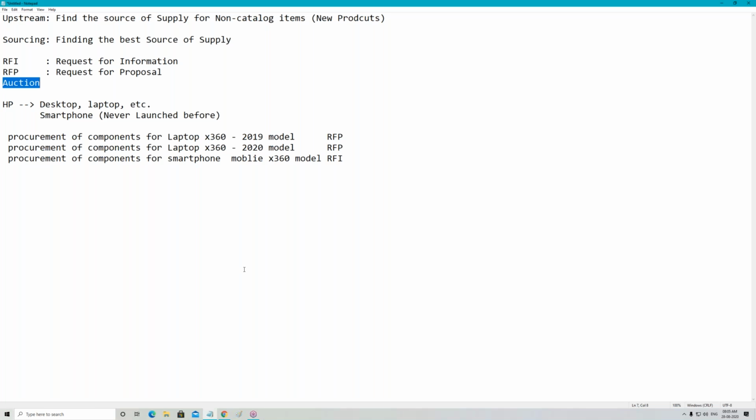And what is that particular thing? You will see in an auction, all the suppliers have given their quotation. Among them, you're trying to drive down the prices much more. That is what you call an auction. So why am I asking this? Because from an ERP point of view or from an SRM point of view, you will say after RFP, I will do the auction. Again, the client will ask, what is the scenario? So that is why you have to understand one thing over here.